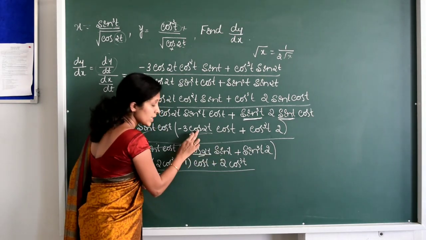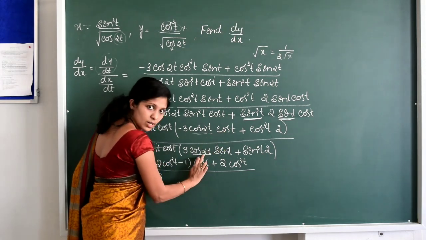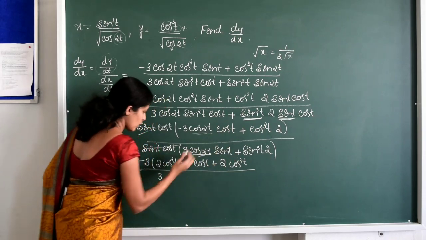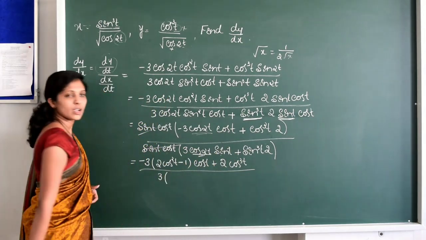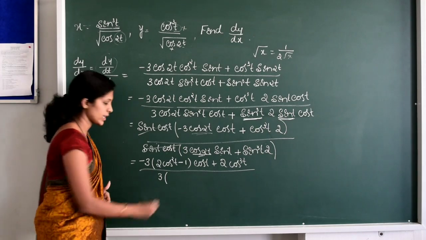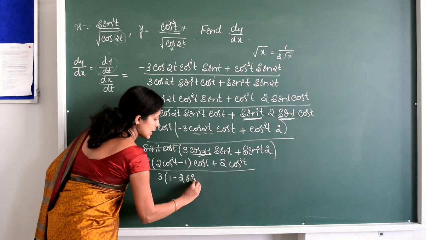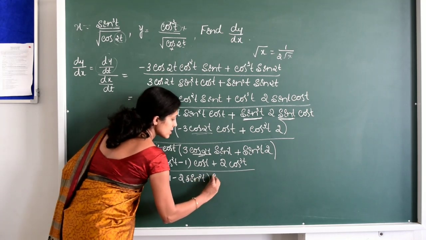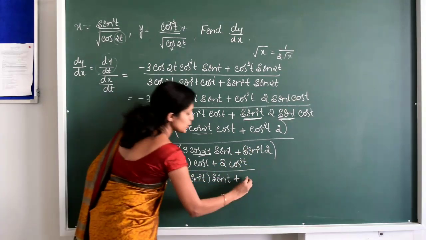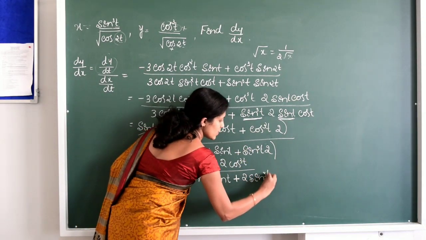Remember in this way, here you have to substitute cos 2t, but it should be in terms of cos. Here cos 2t you have to substitute, but it should be in terms of sin. So cos 2t I can write, what is that? Cos 2x in terms of sin, it will be 1 minus 2 sin square x. So I can write this one as 1 minus 2 sin square t. Is it clear? Multiplied with sin t plus 2 sin cube t is as it is. I hope you are understanding this one.